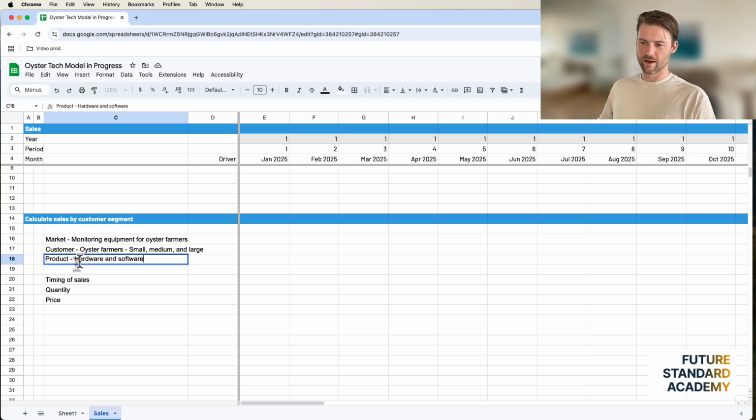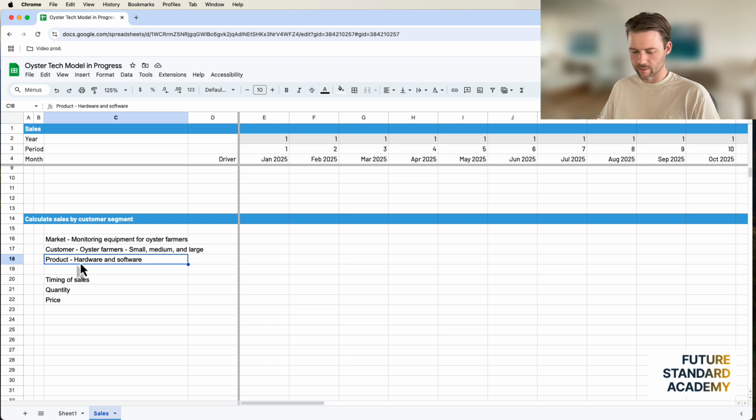Now the product: we've got hardware and software, and that hardware and software is going to be sold to the small, medium, and large customer archetypes. So if you multiply it out, 1 market, 3 customer types, 2 products is 6 different ways that this company is going to make money. Six is, I would say, maybe if you can, I would do less. Ideally, you would start with 1 ideal customer profile. It's very seldom the case at the early stages, because usually you only get to that level of clarity once you're actually in the market and you know who you're selling to.